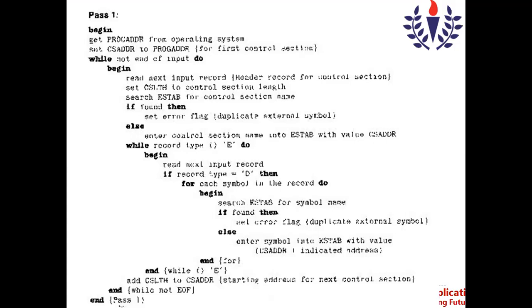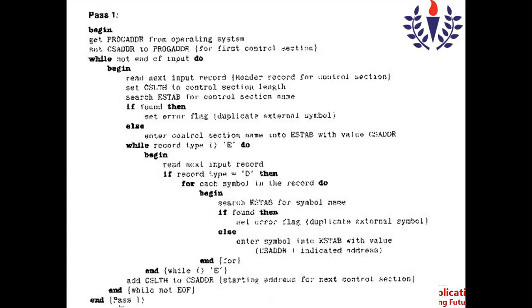It is waiting for pass 2 to do that process. But in pass 1, the record that is needed is the define record. So if the record type is equal to D, then for each symbol in the record, do the same thing. In the define record, it's not that only one symbol would be available. There are many symbols.